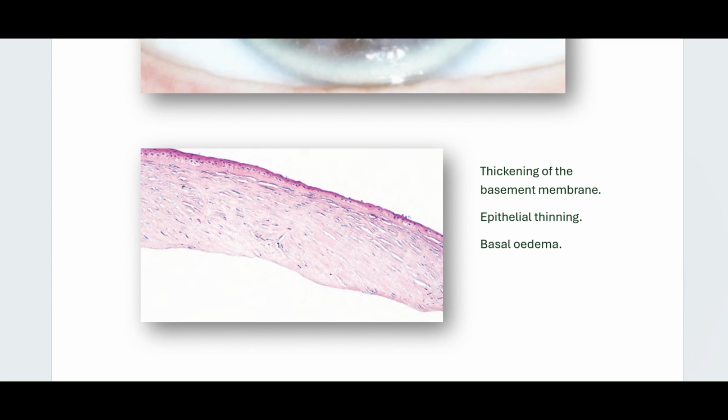There is thickening of the basement membrane, more evident with PAS stain, and there are areas of epithelial atrophy and epithelial hypertrophy, but usually there is epithelial thinning over the areas of thickened basement membrane, and there is basal cell layer edema, these green crosses, basal cell layer edema. As you can see, there is no fibrosis,